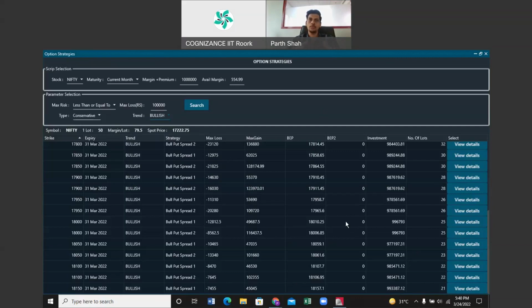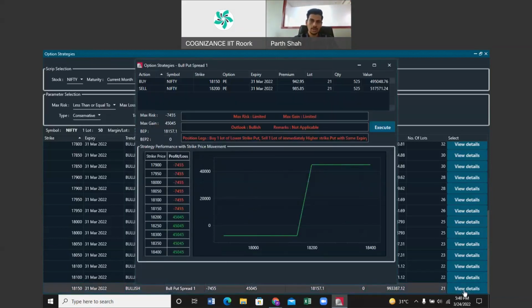So this is a tool actually for the beginners. So those who understand the options, basic options, and do not understand the strategy, and they want to trade into the strategies to know it more and have the risk defined positions, then you must go with this particular kind of tool which will help you to create the strategy along with all the details. So let us view the details for this particular strategy.